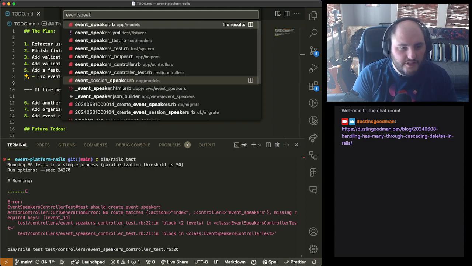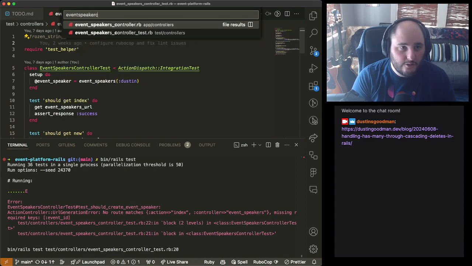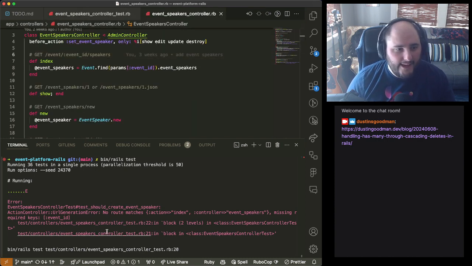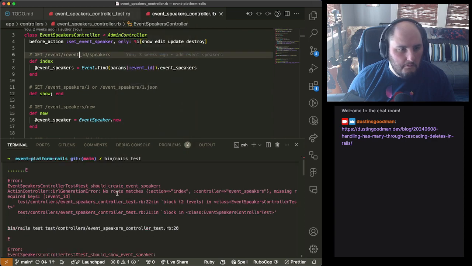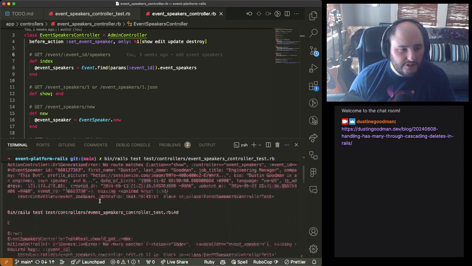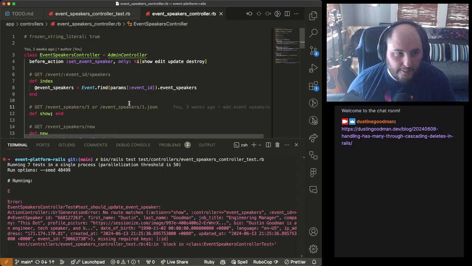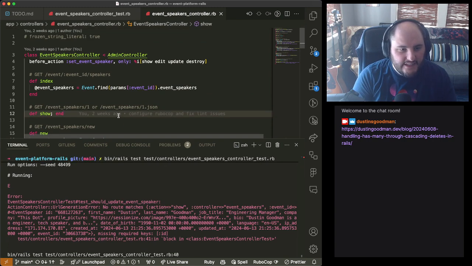So let's go to the speaker controller test. And we'll need the event speaker controller as well. Let's go ahead and just filter down to this one controller test because we said this would be easier for us to quickly go through things. And we're seeing we got a bunch of failures. So let's go one by one and see what's happening here. So first one is the should